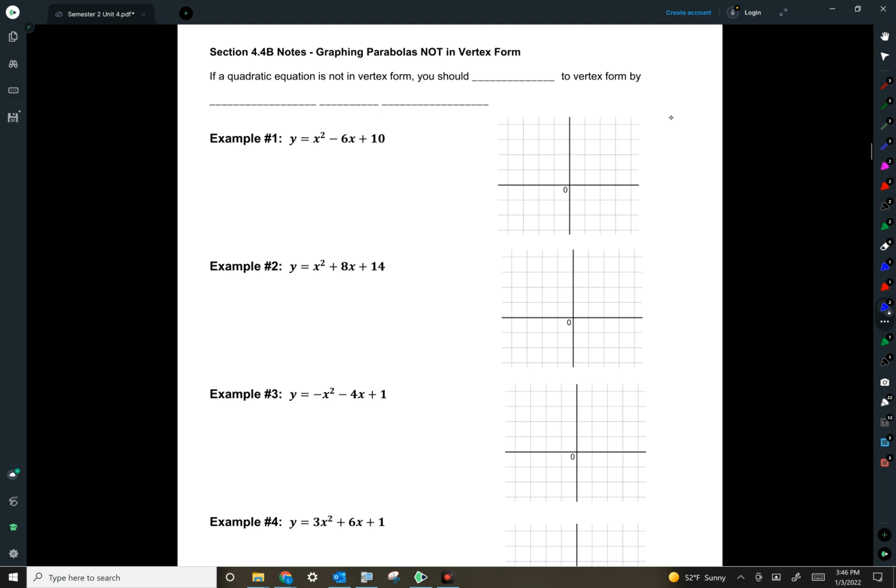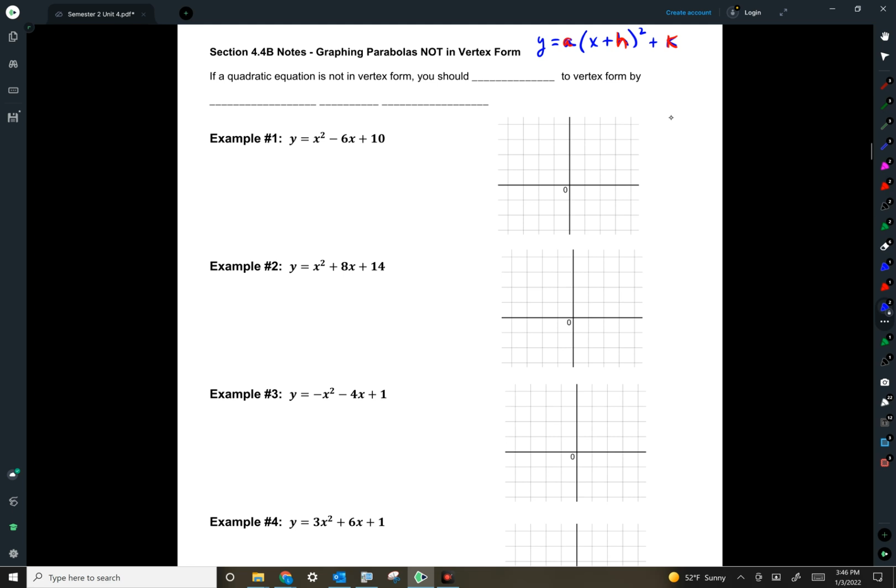Vertex form meaning you might have y equals, there may be some a number out in front, and then you would have x either plus or minus some other number, we'll call it h, and that's in a parenthesis where it's squared. And then out at the end, you might have plus or minus some other number, we'll call it k. So in this case, we're saying that the a, the h, and the k, those are all just numbers that affect our parabola in some way. So to begin,